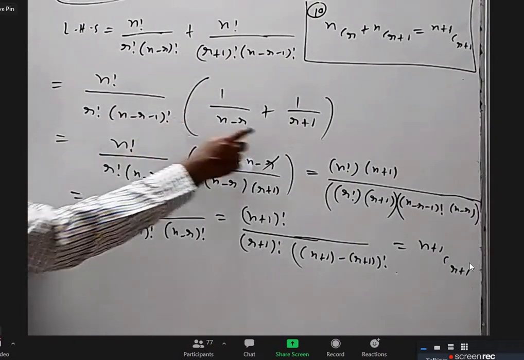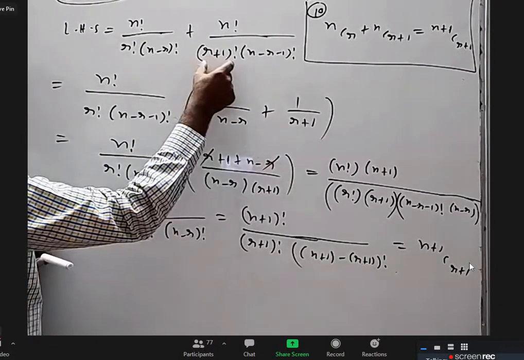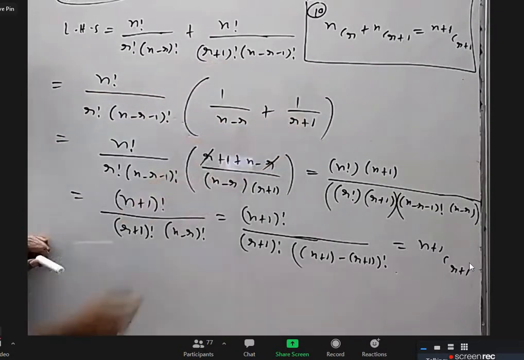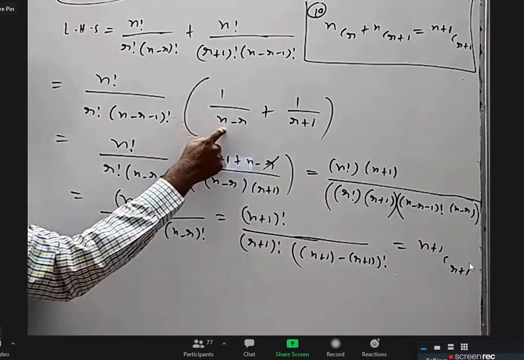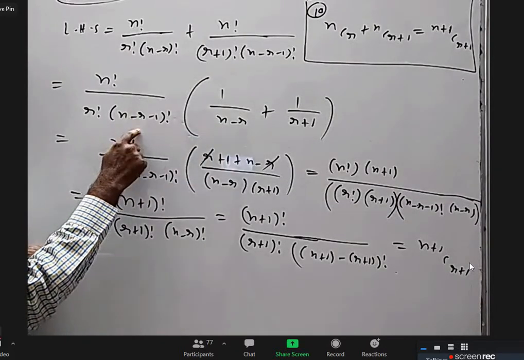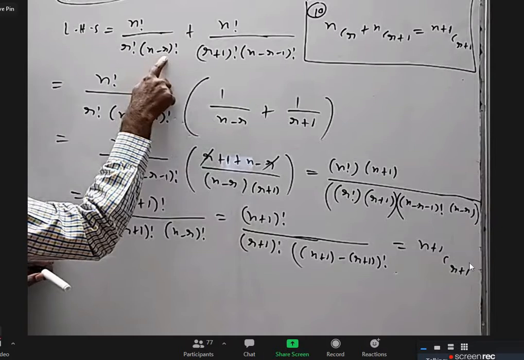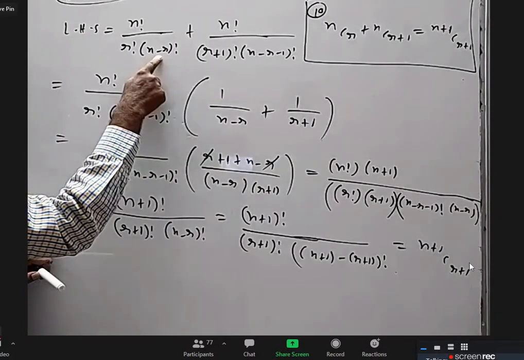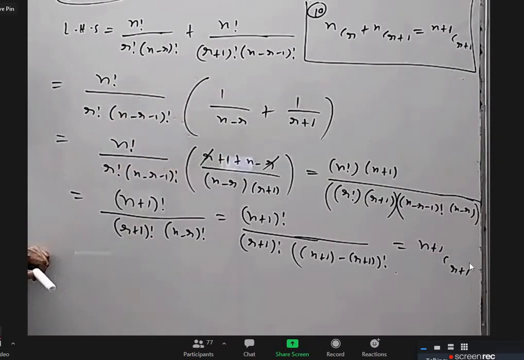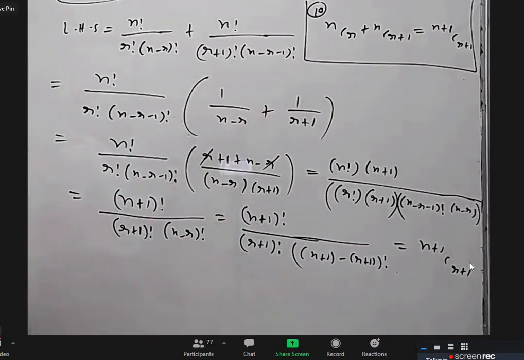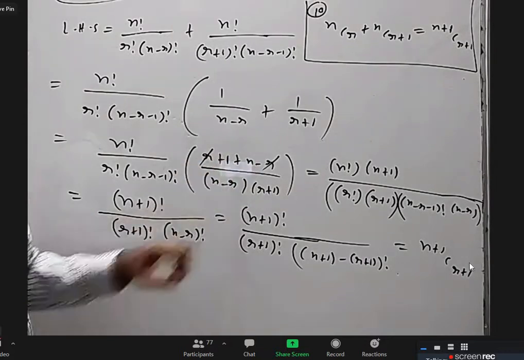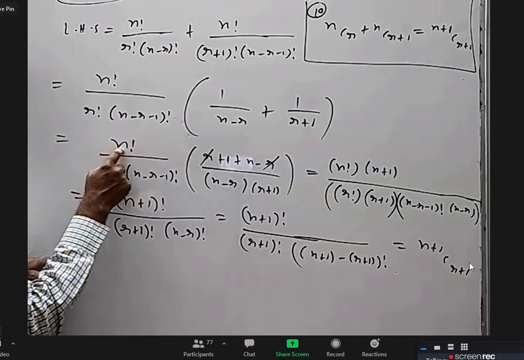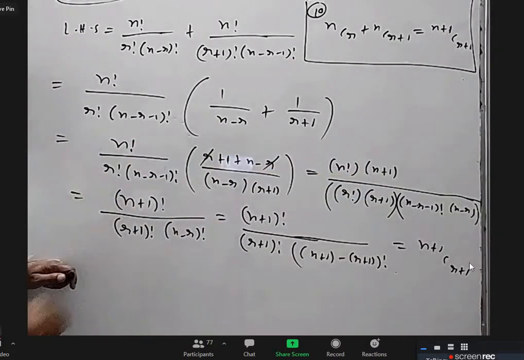So why did I get an extra r plus 1? Because out of r plus 1 factorial, I carried only r factorial, so extra r plus 1 is left here. Why n minus r left here? This is a smaller factorial. The next number is n minus r. So out of this, when I took n minus r minus 1 factorial, the first element in this bigger one is n minus r, that is left. And I just took LCM here. Numerator gave me n plus 1, this and this. This n plus 1 that came here is exactly 1 extra than this. So that's how this into this became n plus 1 factorial.